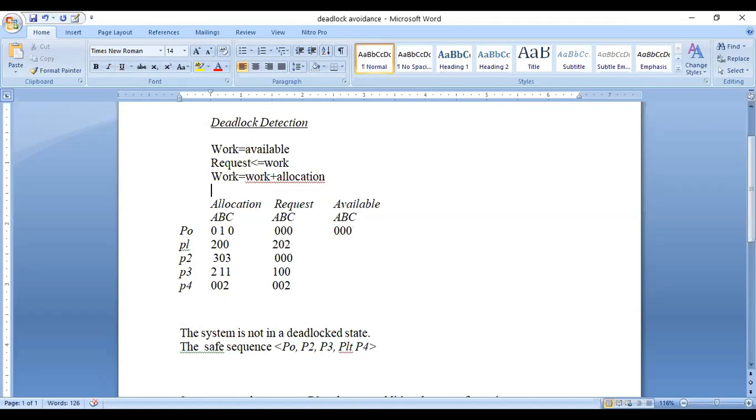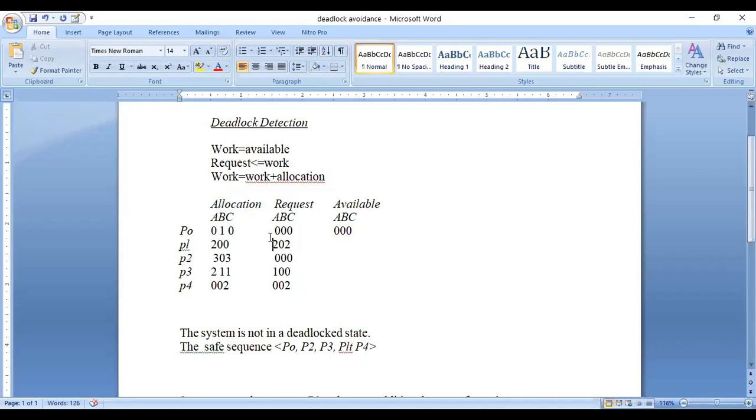Consider this example for the deadlock detection algorithm. Here there are 5 processes, P0 to P4, with allocation, request and available, which are automatically given by the problem statement. Next you have to find out whether this data contains a deadlock or not.